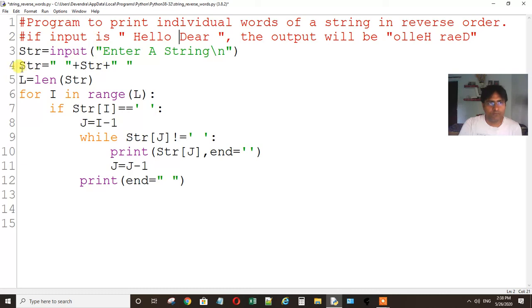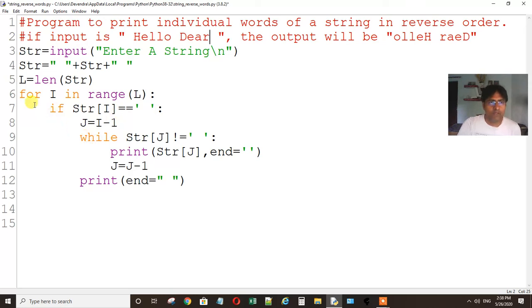In line number 5, L equals to len str, so we will get the length of the string. In this case, because we have added 2 spaces, if the string is hello dear, the length of the string is 12.